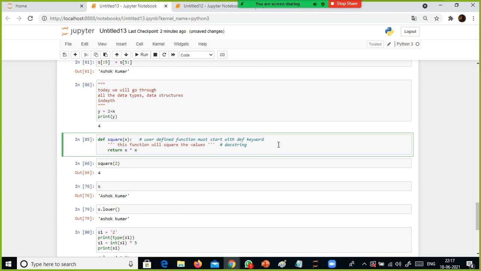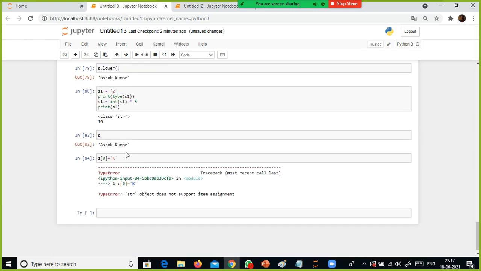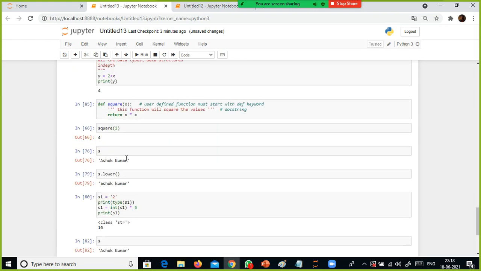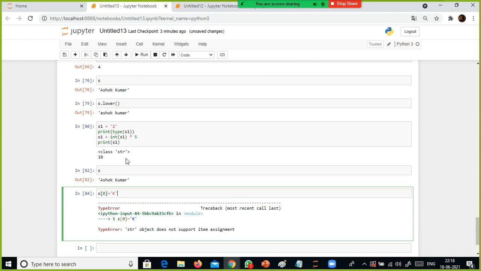Why? As I told you, comments should be mentioned wherever really required. The comments are helpful to understand the functionality of the function. In this case, this function will square the values. So that is what a docstring, a multi-line comment.